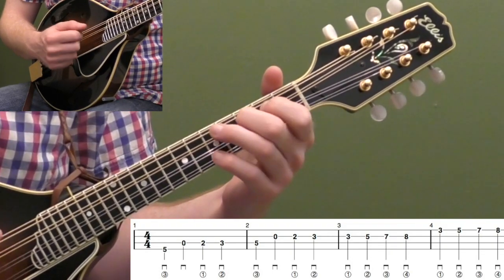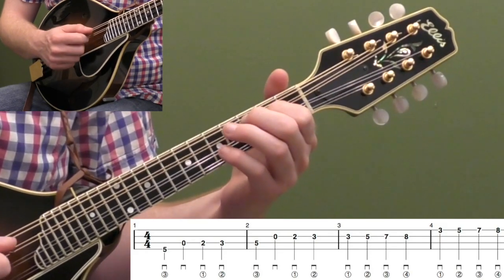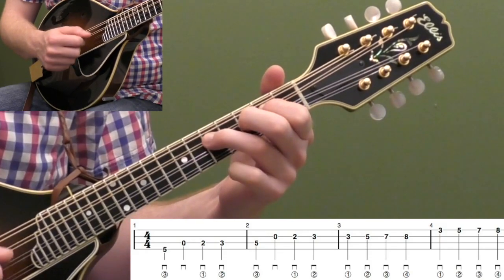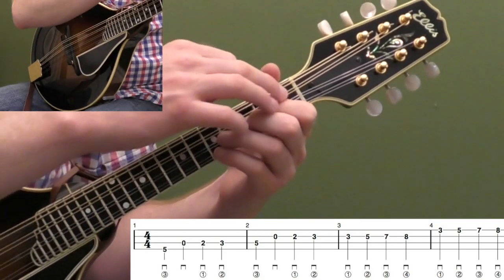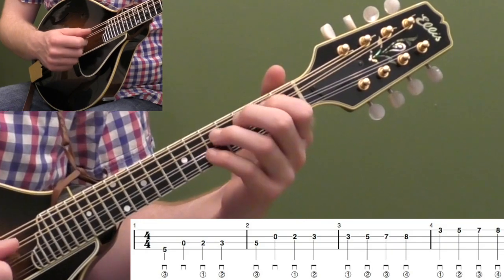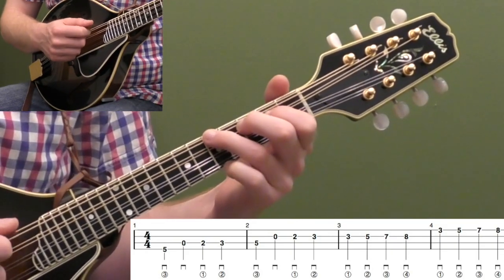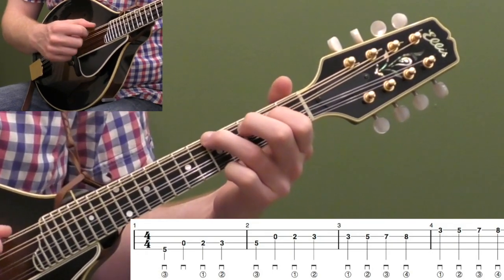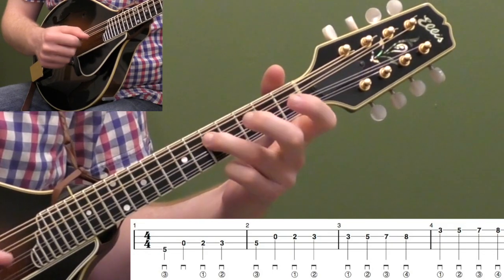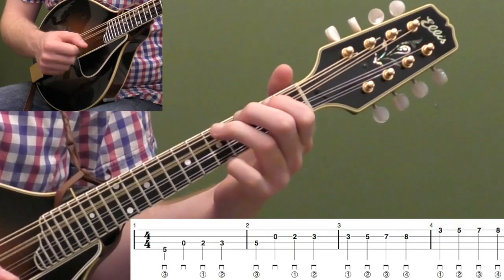So if I keep them down, rather than doing that, look how much more work that is than if I just keep this finger down. So I'm always trying to keep these ones down behind it as long as I can. If you have to move them, you have to move them. But again, that can really help smooth everything out. It gives it a less robotic sound too. If I take all the notes off, I'm kind of cutting off the notes, where if I keep them down,